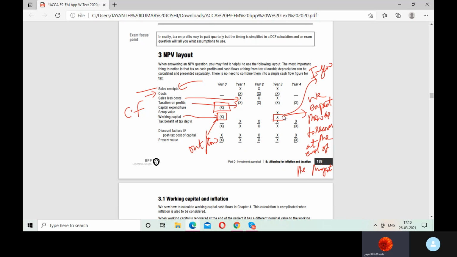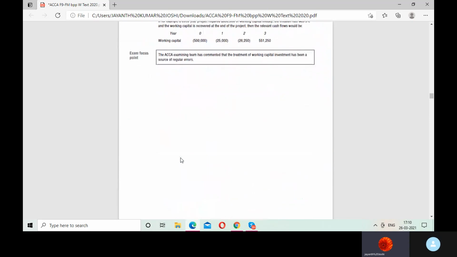Every question you have to do this. Okay. Then if there is a machinery which you have purchased, definitely this machinery will depreciate. Am I right? Yes, sir. On that you can claim tax benefits on tax depreciation. That means tax savings because of tax allowable depreciation. That you can write. Then you can get all the final cash flows. You can discount them with the discount factor and find out your NPV. Correct. Okay. Yes, sir. Done.